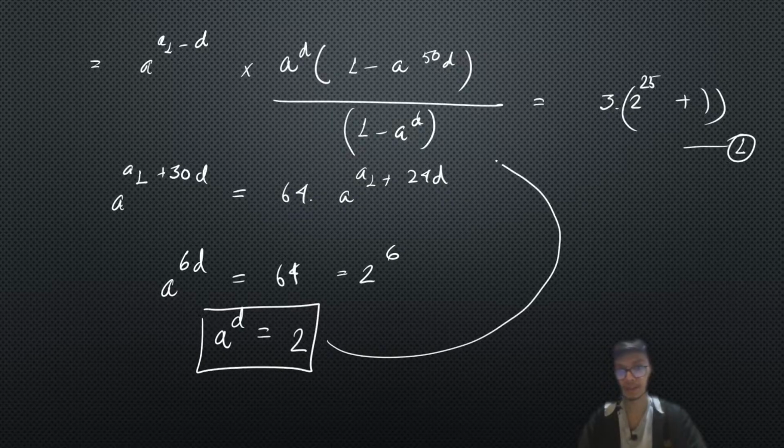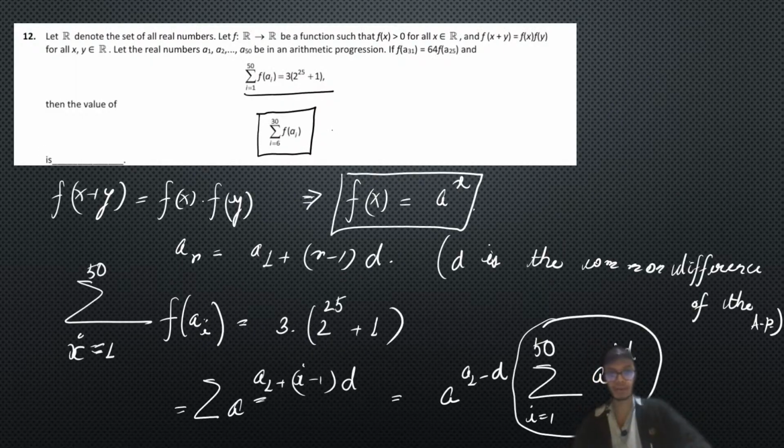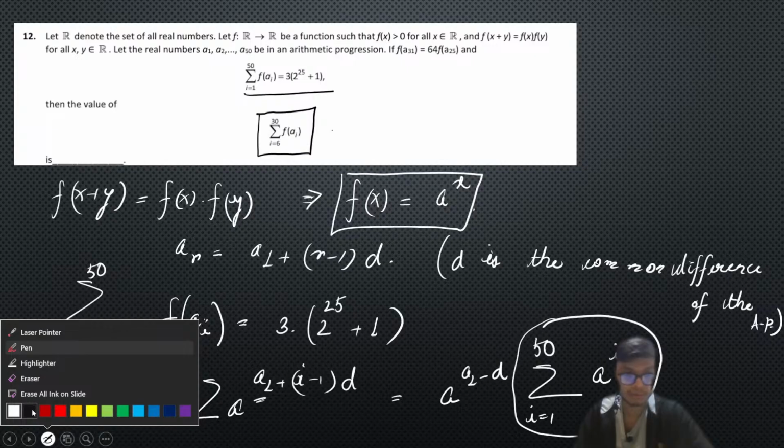So if I put in a to the power d, and then figure out what a to the power a1 is, and solve it, I'll get the value of a to the power a1 as 3 upon (2 to the power 25 minus 1). Therefore, our ultimate job is to find the summation of this. So this is going to be equal to,